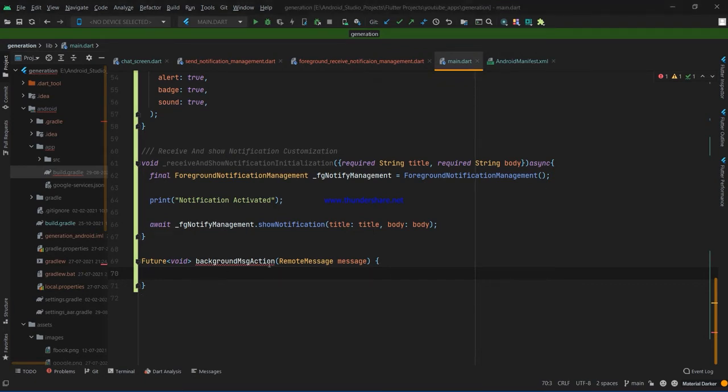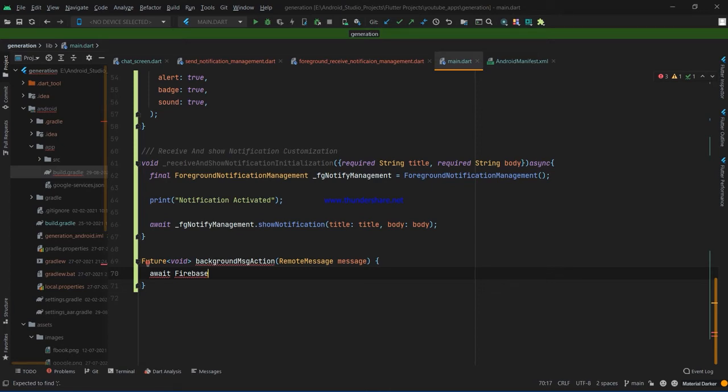Here we have to first initialize Firebase, because maybe Firebase initialization sometimes does not happen, and that function is very important, because the background message with Firebase that we are using has a problem: the background message will come and show in the notification tray, but it will not pop up. So for that we have to pop it up manually.